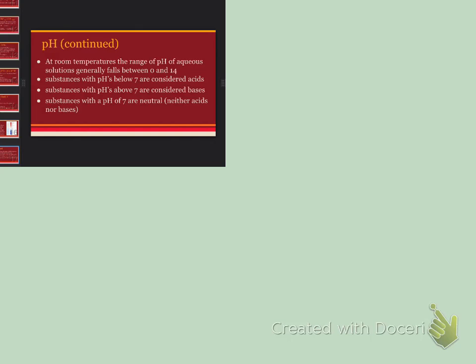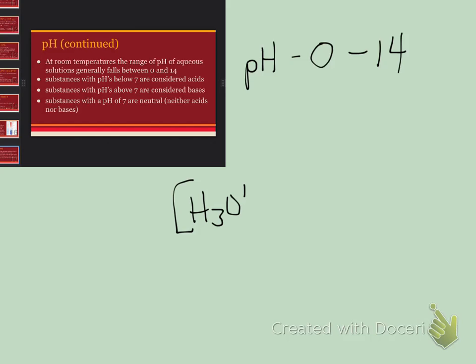Ionization increases. Yeah, the self-ionization of water increases. So here we're talking about a range of temperatures that are reasonably room temperatures, hovering around 25. Most aqueous solutions are going to have a pH between 0 and 14. What does that mean? It means that the concentration of hydronium ions of most substances at room temperature is going